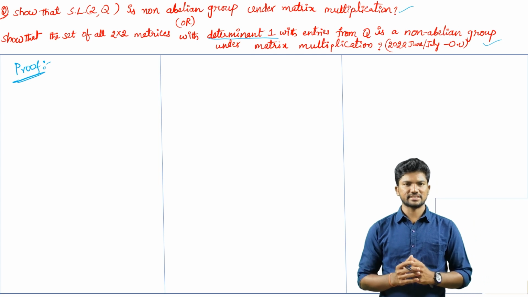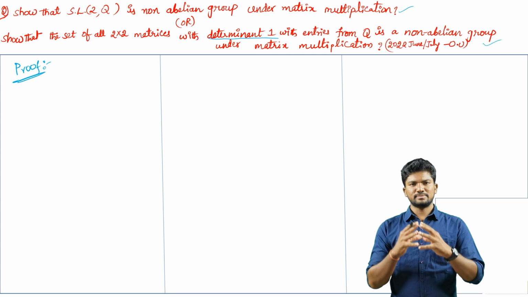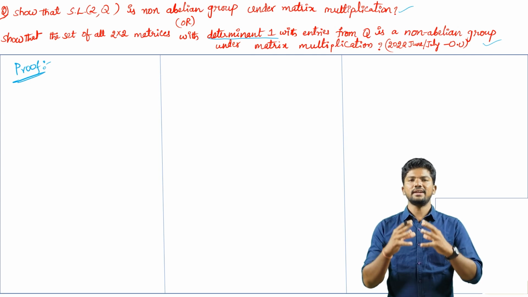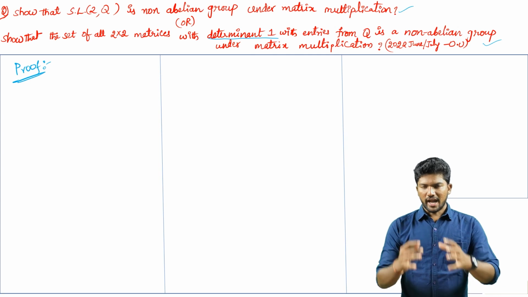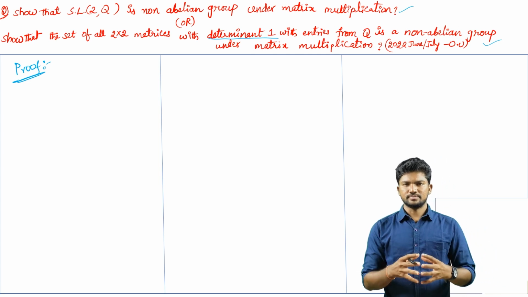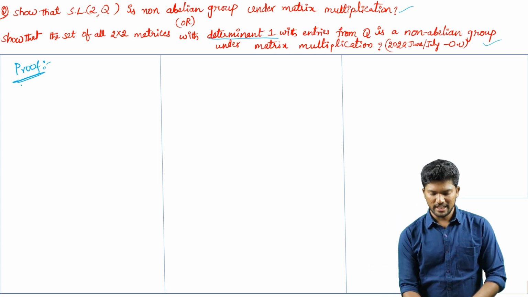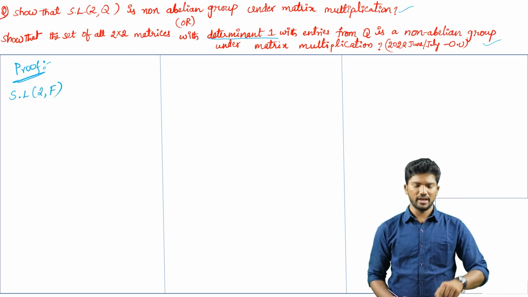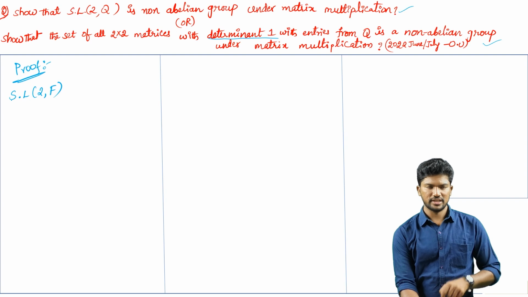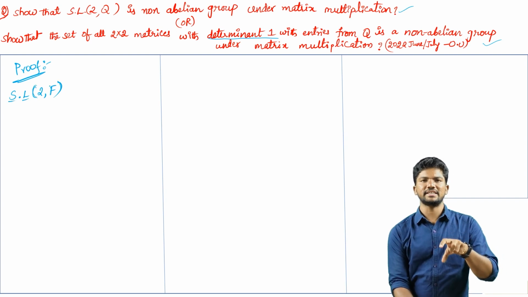So now we are going to discuss the special linear group, and we are going to prove that this special linear group is a group and not an abelian group. First of all, as we discussed in the introduction classes, I am explaining briefly about the special linear group once again. Mathematically we can denote it as SL of 2 comma capital F. Here S represents special and L represents linear, and this pair represents group.